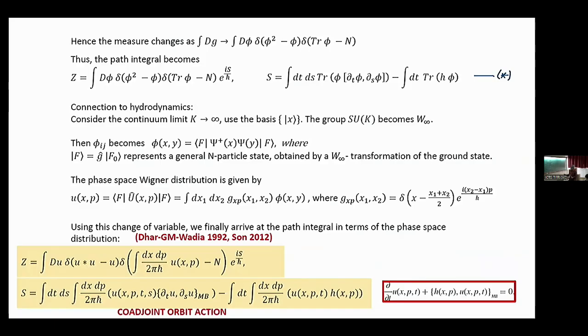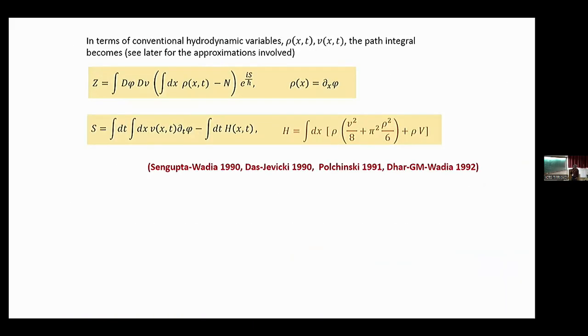So here, up to here, it is exact. I have not taken the large n limit, and the action principle is also exact. This is called the co-adjoint orbit action, and in addition, we have also written down the path integral measure. Okay, so from here, of course, it's easy to show that the equation of motion, the quantum Liouville equation, comes out, and I don't have time to show how.